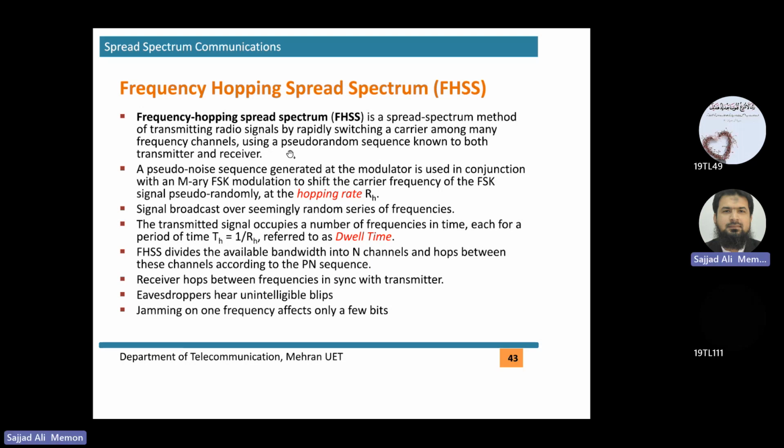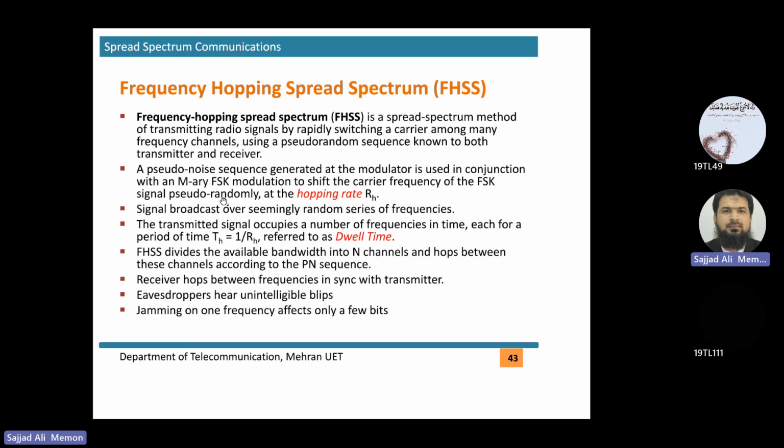But here we use the PN sequence, or the pseudo-random sequence, to choose a particular frequency from the group of frequencies to transmit data. A part of data, a portion of the bit or a full bit, depending on the speed of the FHSS. A pseudo noise sequence generated at the modulator is used in conjunction with an MR-FSK modulation. So this can be used only with MR-FSK modulation to shift the carrier frequency of the FSK signal pseudo-randomly